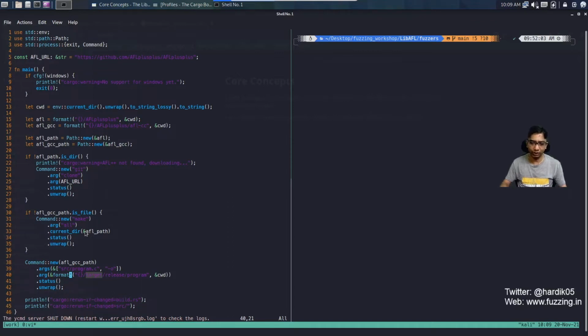Everything you will get over here. And then it is checking if the AFL GCC path is available. Basically what this script is going to do is use AFL GCC to compile the C program, and later on fuzz it using the fork server.